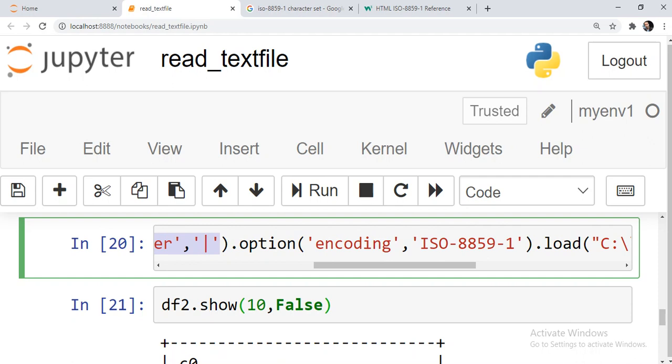So today we discussed, first of all, how to read a simple text file using spark.read.text. Then we saw a limitation of spark.read.text where we cannot provide the encoding because default is UTF-8. But if you explicitly want to provide encoding to a text file, you can use spark.read format as CSV along with a fake delimiter.